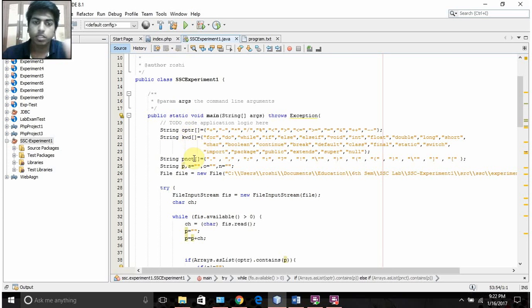First, I created three separate arrays to store operators, keywords, and punctuations. Identifiers can be a combination of alphabets, so we cannot store that in an array and check on it. So we don't have an array for that. After creating arrays for these three tokens, then I